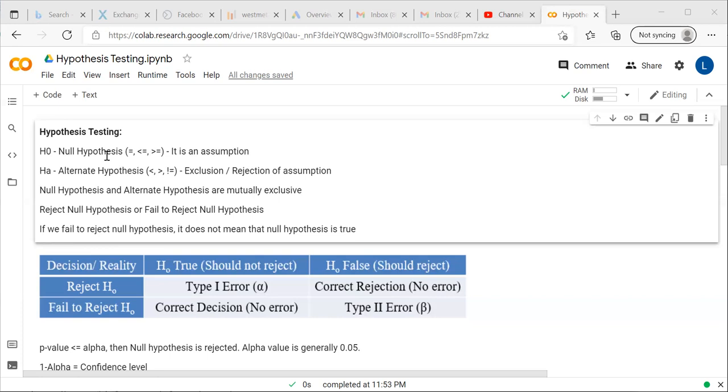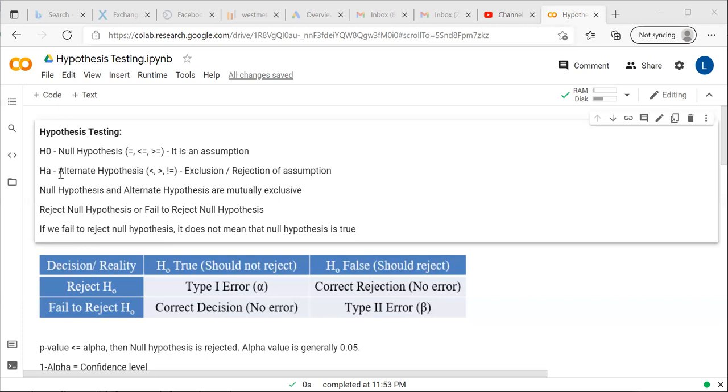Here, in this case, there are two hypotheses. One is the null hypothesis, the other one is the alternate hypothesis. Whatever the belief or the assumption, you can see here in this case, the biscuit packet is 100 grams. The null hypothesis, how we will formulate it here, will be that the weight of the biscuit packet is equal to 100 gram. The alternate hypothesis says it is not equal to 100 grams. So it can be higher than 100 gram or lesser than 100 gram, greater or lesser.